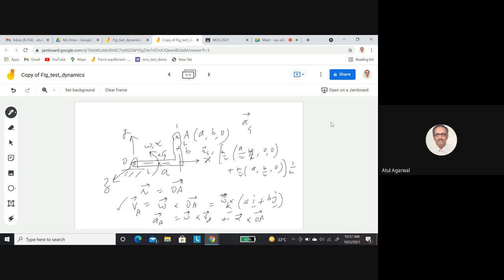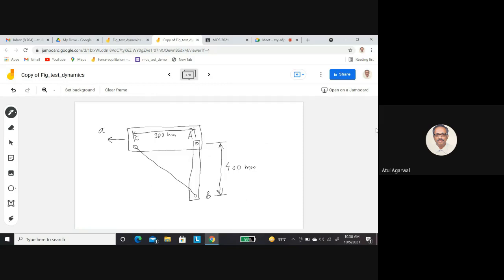No, no, this is the way you do it here. It is like sigma mr. This is what I have done. This is a centroid. I know the centroid of this part, the centroid of this part. Then you have to do a weighted average. This is just a weighted average of that. You think about it, okay? So you get the force on the hinge as mass into acceleration of the centroid.